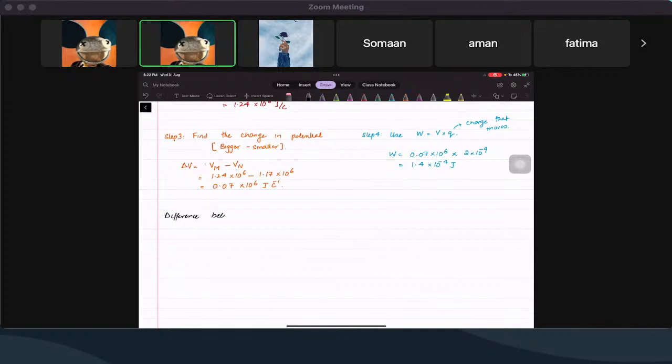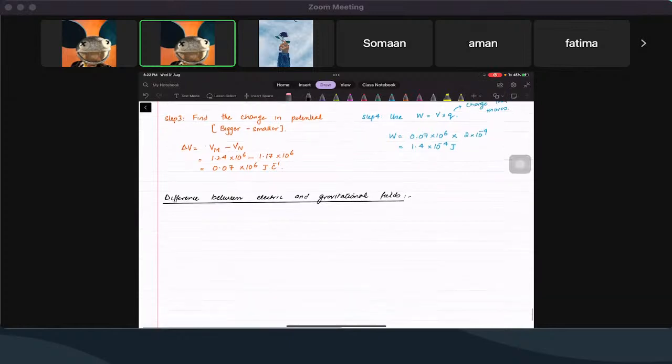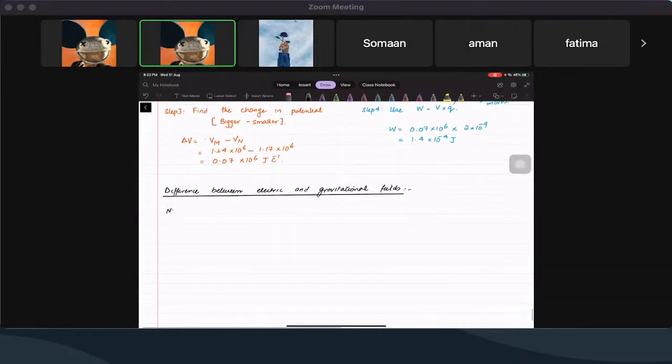Difference between electric and gravitational fields. Okay, for this one, basically you just need to learn this. There's no other way, because they can ask you anything from it. So we're going to write the